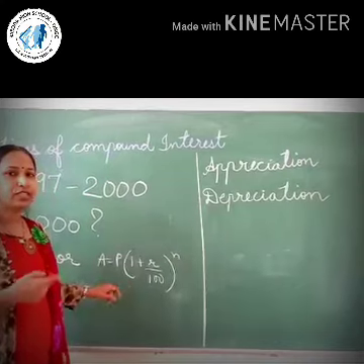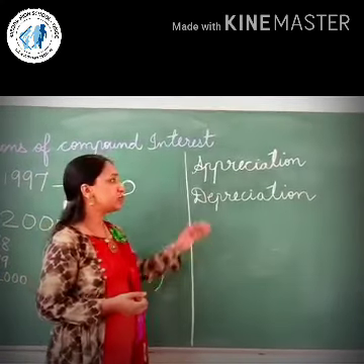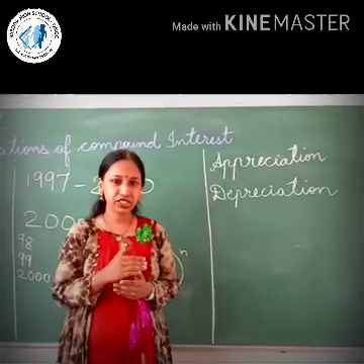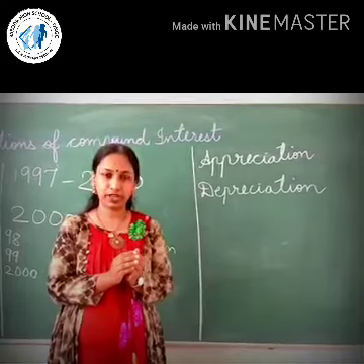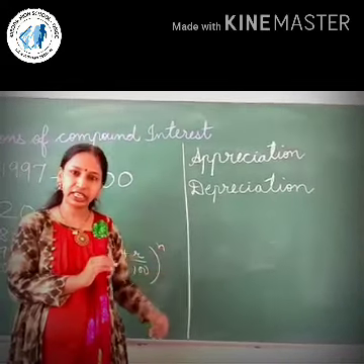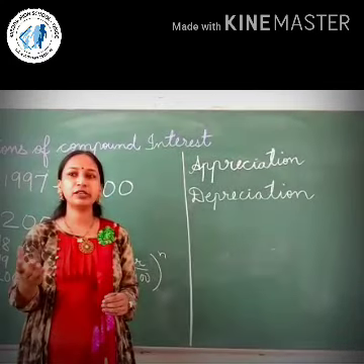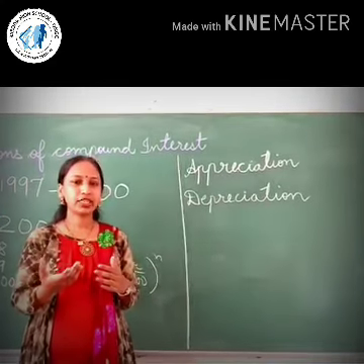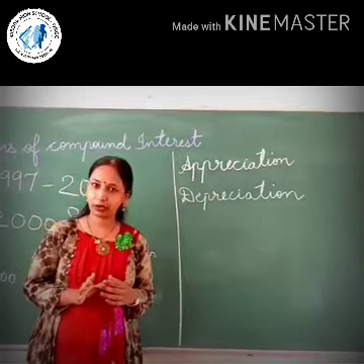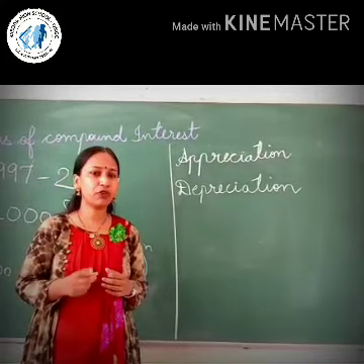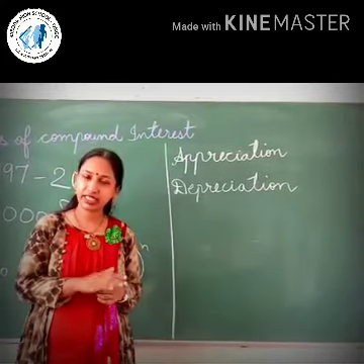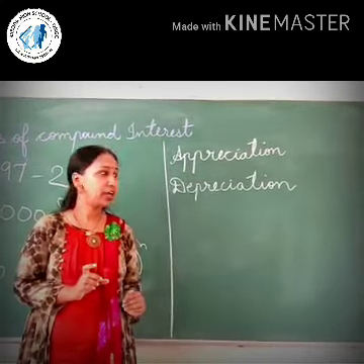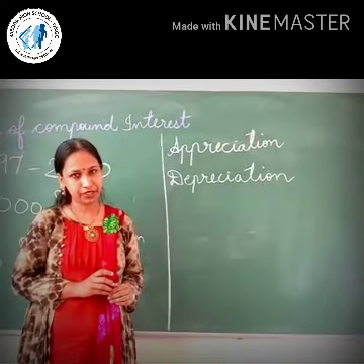Similarly, for the next example number 15, let us first understand the meaning of appreciation and depreciation. Appreciation is similar to increase, and depreciation is decrease in the value. Now suppose we are buying a product and using it, so its value decreases. For example, we have bought a cycle for 5,000. Now the cycle is used for 1 year, so now its value has decreased. So the value of the cycle has depreciated. I hope you have understood the meaning of appreciation and depreciation.